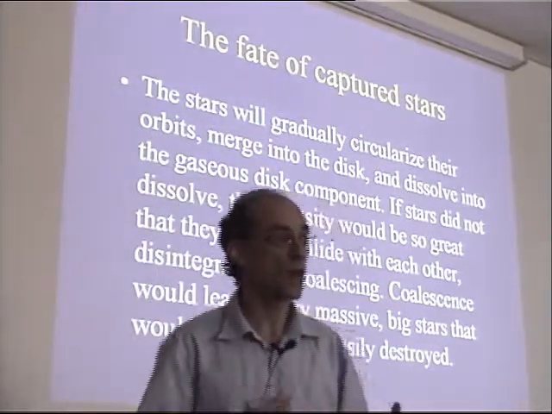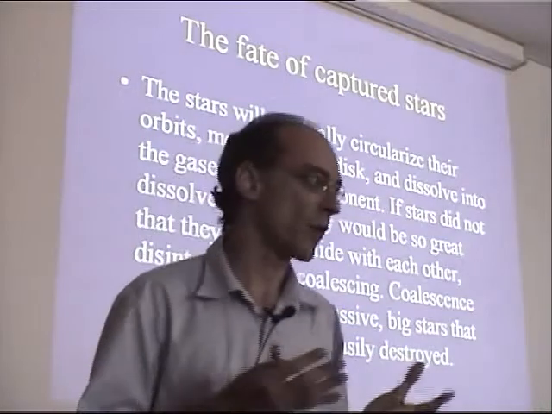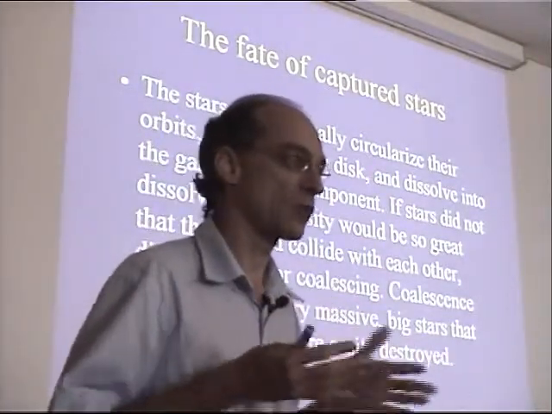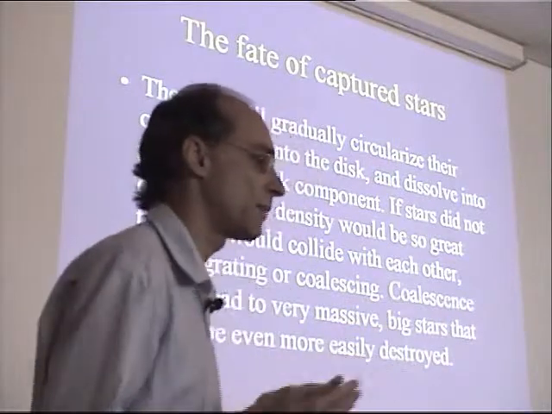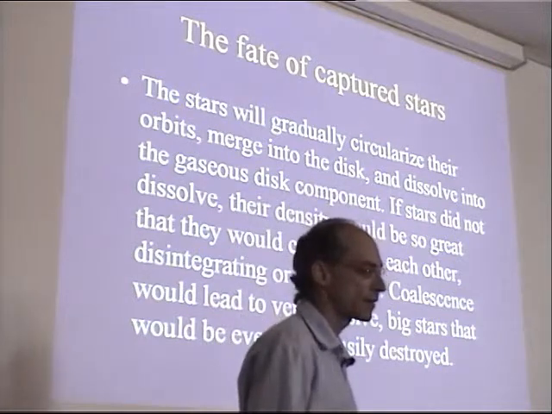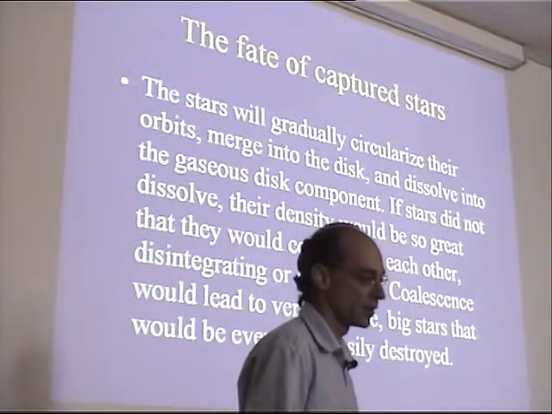In order for that to become fuel available for the quasar, the star basically has to be destroyed. That matter inside the star has to go gradually accreting into the black hole. It has to become part of the accretion disk. And how will this happen? Well, basically, we think that the stars will be destroyed. They can be destroyed in several ways.